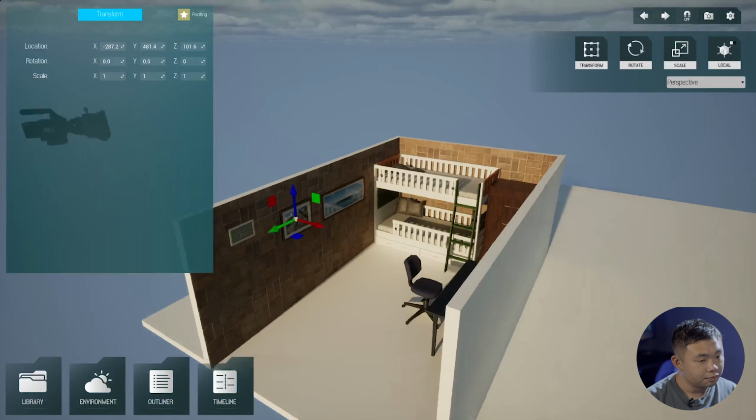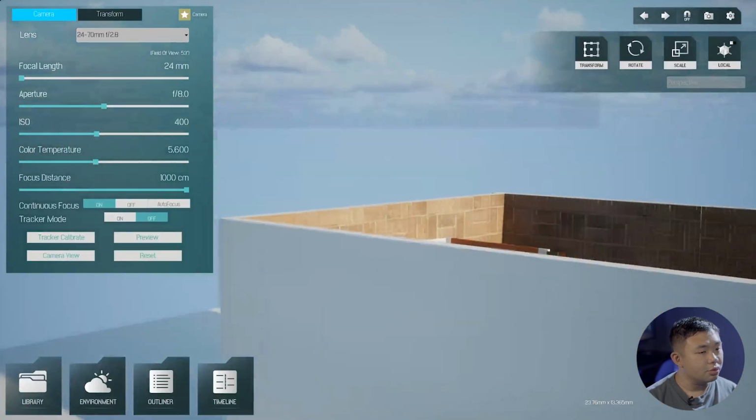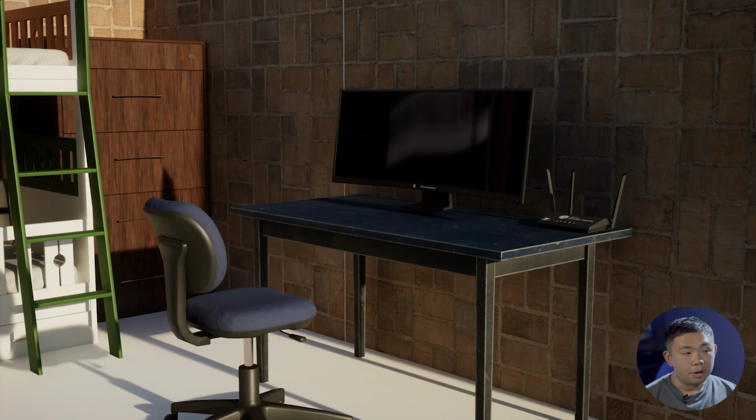Alright? So now you can see that with just simple drag and drop, you have a very simple way to construct, to build your room. And then let's go to camera view. And of course, lastly, you can put your characters here and sit them there and face the screen. Of course, it's all possible. In future updates, we're going to provide you more different assets so you can better build your own scene.